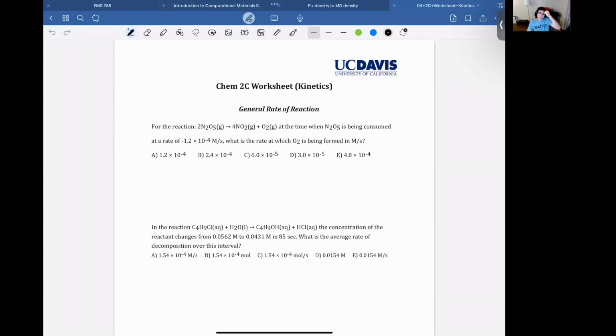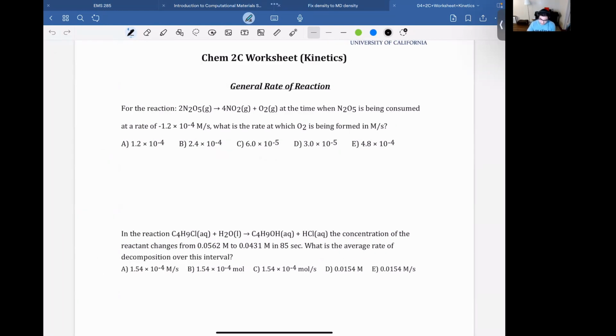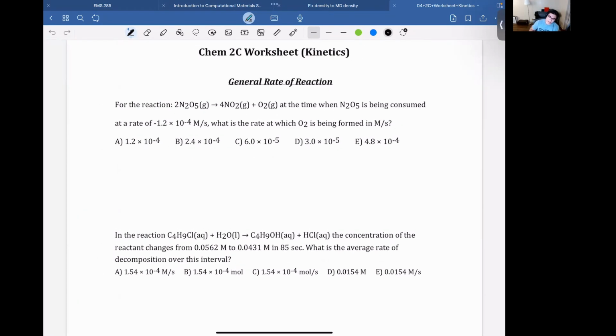I'm going to be going over the Kinetics worksheet for this week or for this video. And so the first question we have says for this reaction, at the time when N2O5 is being consumed at that rate, what is the rate which O2 is being formed in molarity per second? So looking at this reaction, you can see that we're looking at N2O5 and O2 by the question. And all of this question is really stoichiometry,